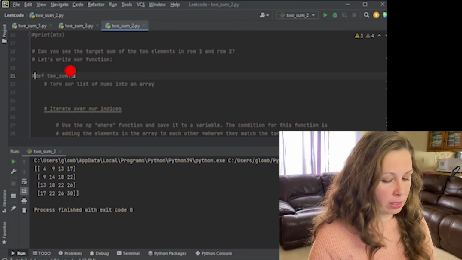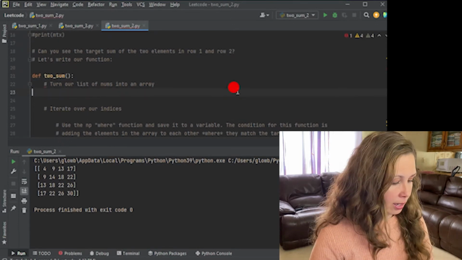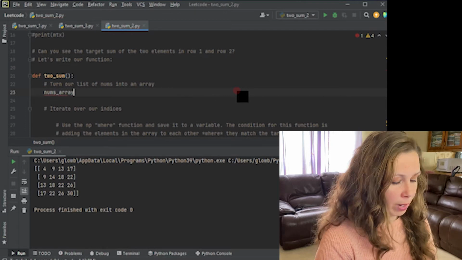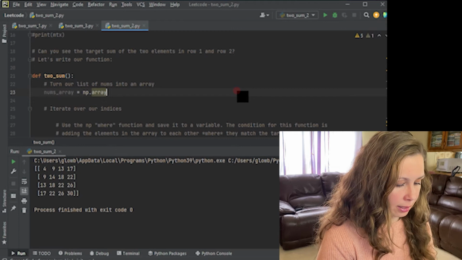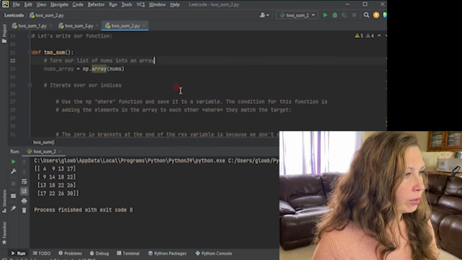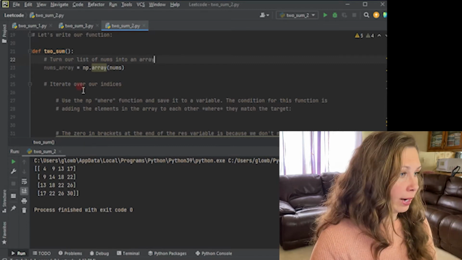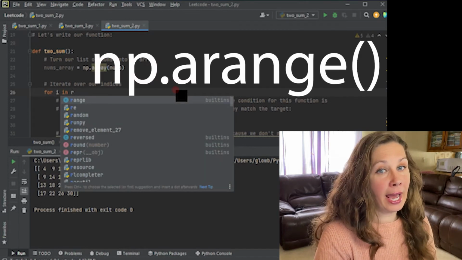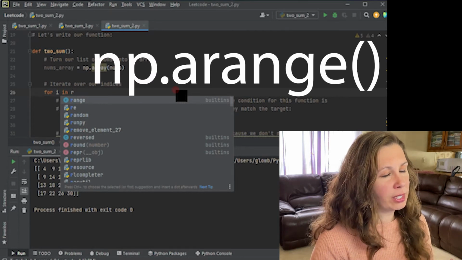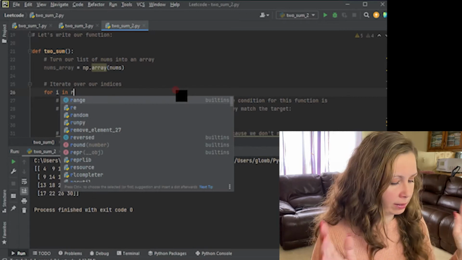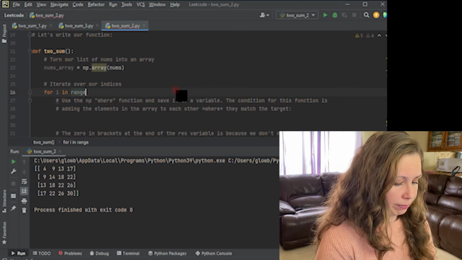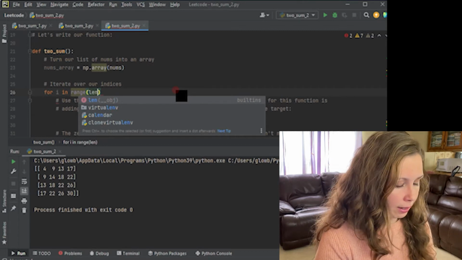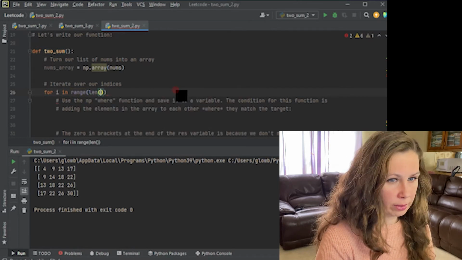And to do that, we need to define our two-sum. And since we're using NumPy, we need to turn it into an array like so. We're just going to call it nums array, and we do this with np.array(nums) like so. And then we're going to iterate over our indices, not the array. And you'll see how this works out here. So it's for i, and you can use np.arange, no space in between, to do this, but it actually just creates another variable when you don't need to do that. You can just iterate right over the range of the nums. You don't have to really create an additional thing. Anyway, the range of our array,